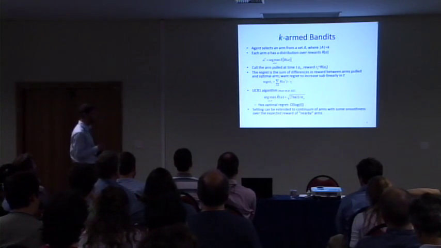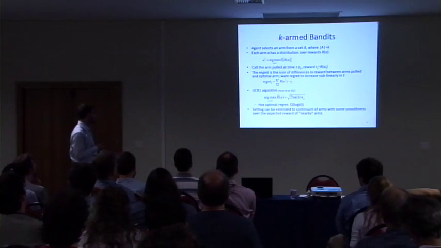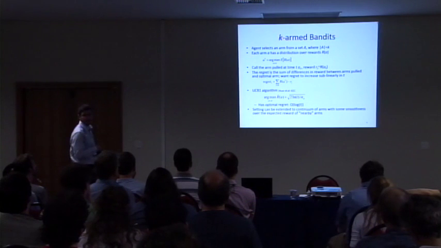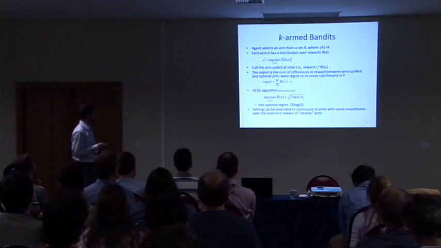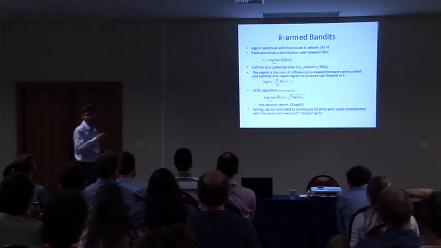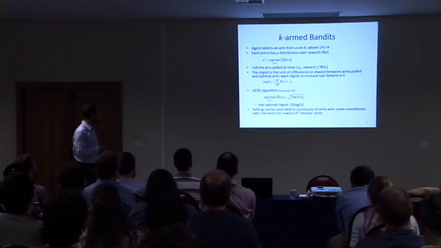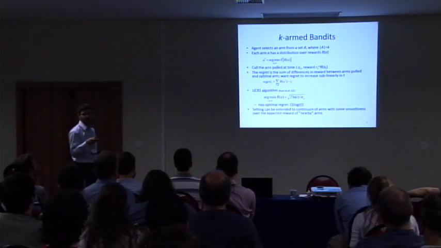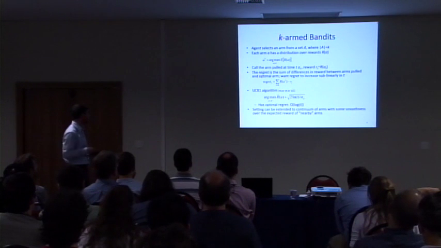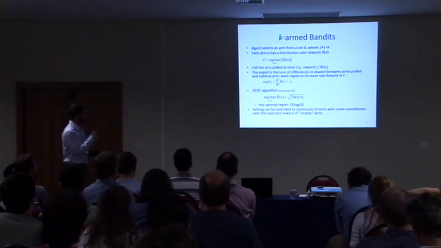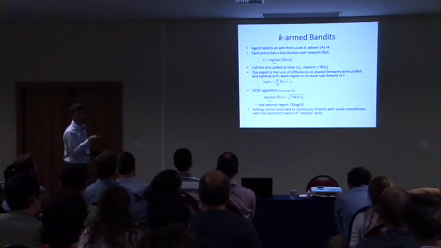The way it works is it just pulls the arm that has the maximum score, where the score is a combination of the observed reward value and this other term here, which is called the bias term, which just gives a bonus to arms that have been sampled less frequently than others. N of A is just the count of the number of times that arm A has been sampled at time t. So that's what the discrete bandit setting is.